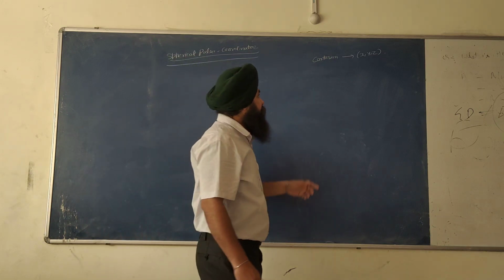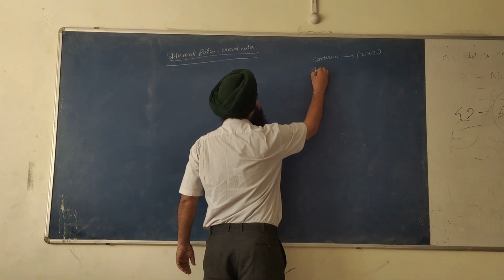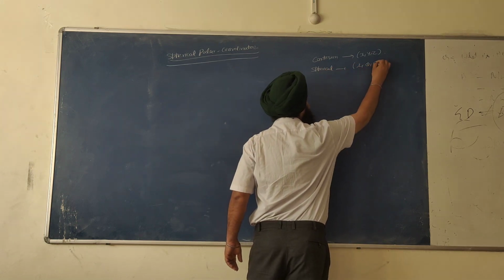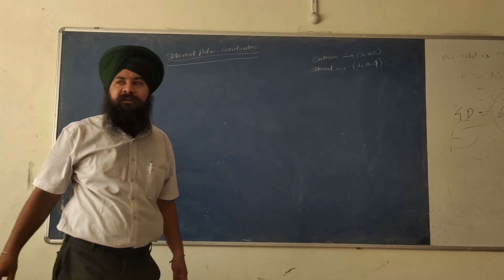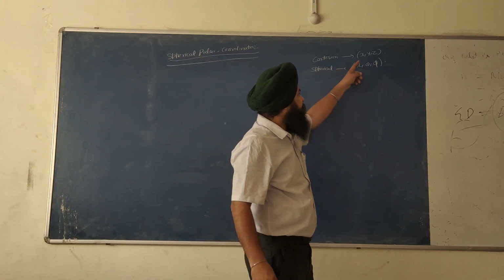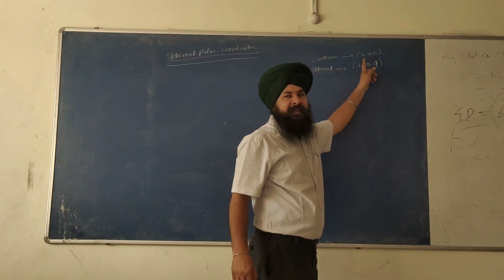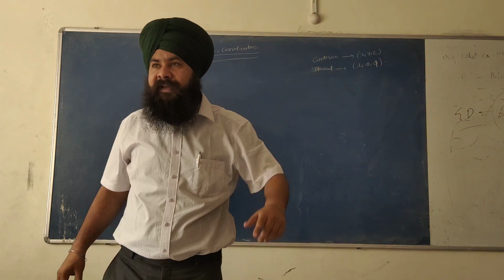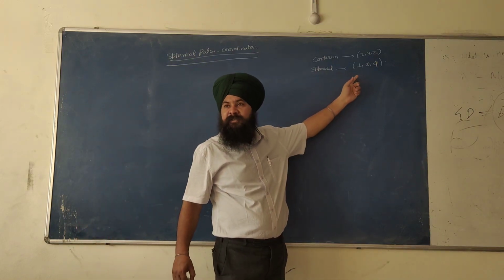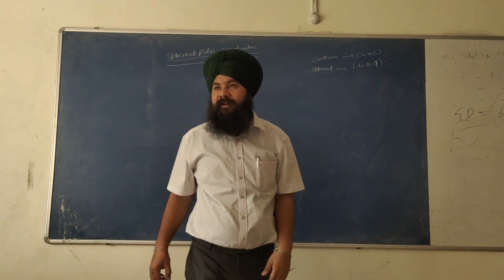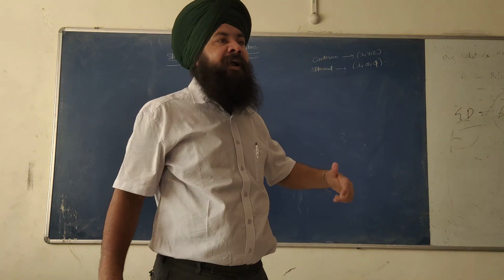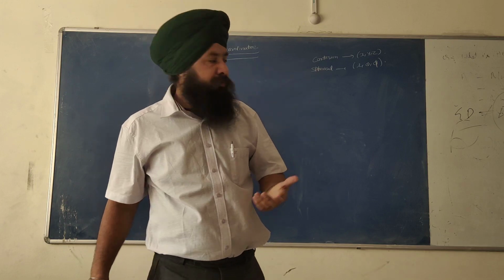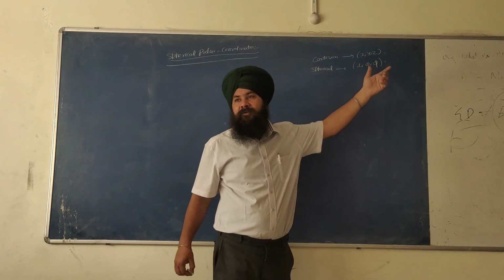Okay, in spherical polar we use three coordinates r, theta and phi. It means x is replaced by r, y is replaced by theta and z is replaced by phi. Now we will see what r is. r is called the radial distance. Phi is the azimuthal angle. Okay, so we will see how these r, theta and phi can define a point.